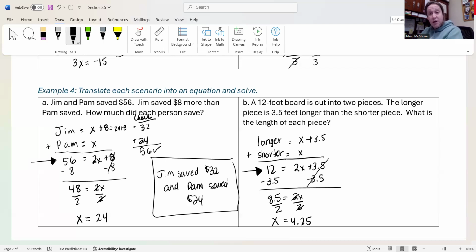You are not done. You're ready to check your work. So we know the shorter piece is 4.25 feet. We now have to use that to figure out the length of the longer piece. So I know the shorter piece is 4.25 feet. The longer piece is 4.25 feet plus 3.5 more. So if I take 4.25 and I add 3.5, that's going to give me 7.75 feet. Okay, so right now we're speculating that the longer piece of the board is 7.75 feet. The shorter piece is 4.25 feet. Let's go ahead and add these two numbers and make sure it adds up to be the original 12-foot board